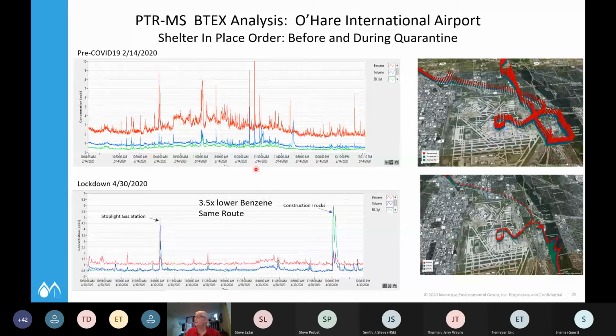But then during the lockdown, we wanted to see what effect this reduction in traffic really had on our roadway air quality. So this is that same testing across the same path again that we'd tested previously. And you can see a huge reduction in all of them, but specifically benzene. It's about 3.5 times lower than what we saw during normal rush hour conditions, which actually is a little concerning considering I drive in it every day. So, but we were quite happy with this, and this is kind of a more visual plot,